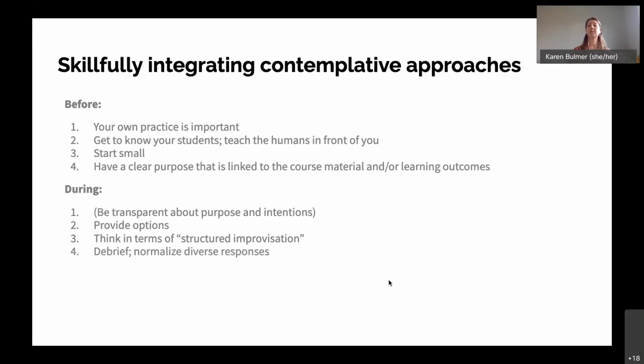It can be helpful to have a little bit of a debrief afterwards to ask how people responded to a certain exercise, and then normalize diverse responses. One of the main purposes of integrating contemplative approaches is to create a bit of a space in the room, in the community of the classroom, but also within the students themselves, where it's okay to not know, where we can hold multiple viewpoints simultaneously and not feel pressured to decide.